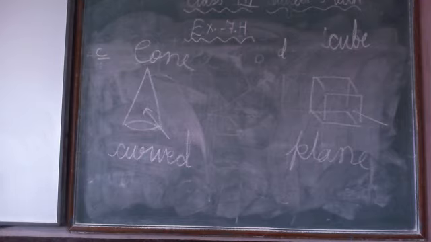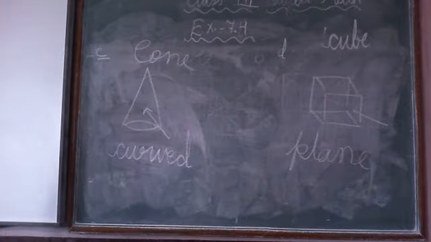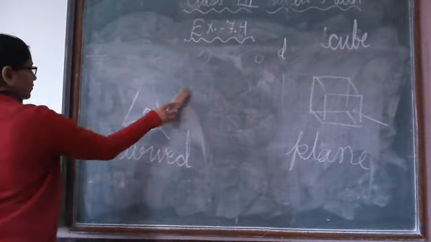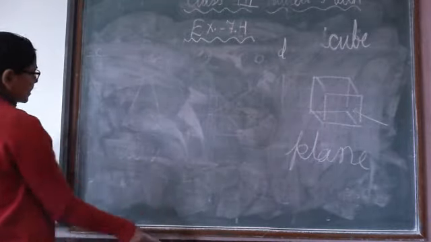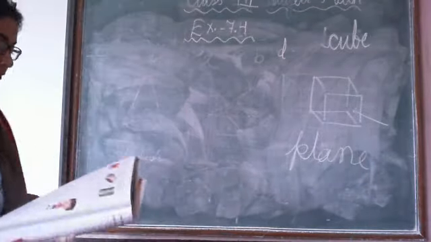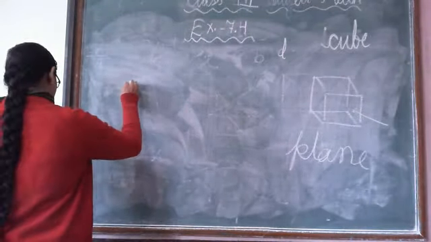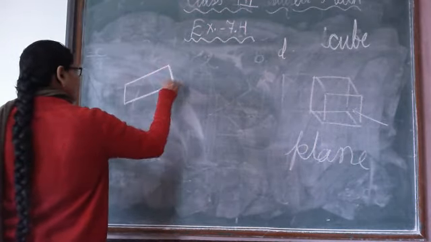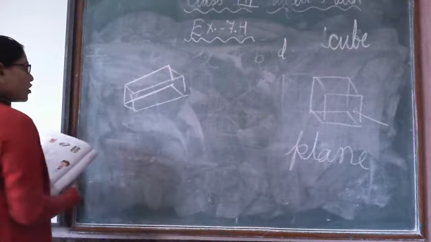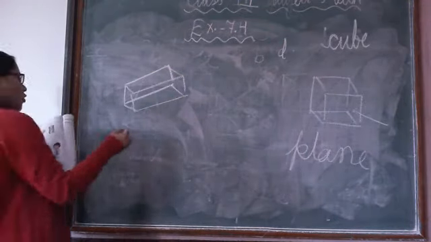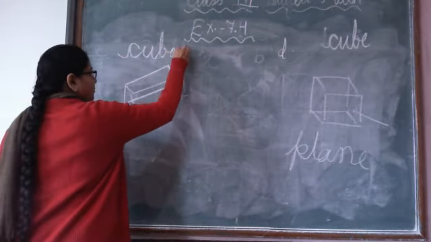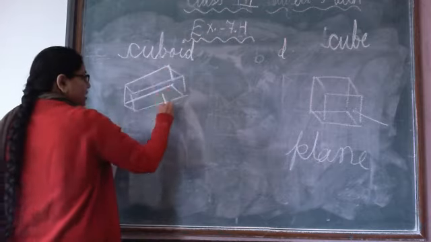I hope students you are done. Now the next is a matchbox. The next object is a matchbox. By looking at it simply we can say that it is a cuboid. Something like this matchbox is given there. So the shape is cuboid shape. So in place of name we will write cuboid. And there was this surface